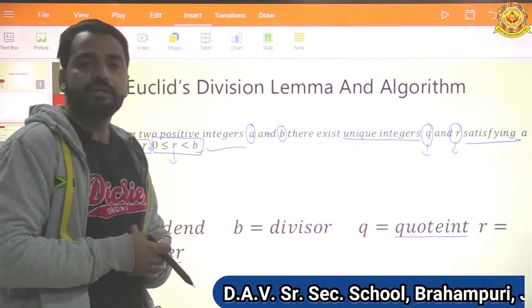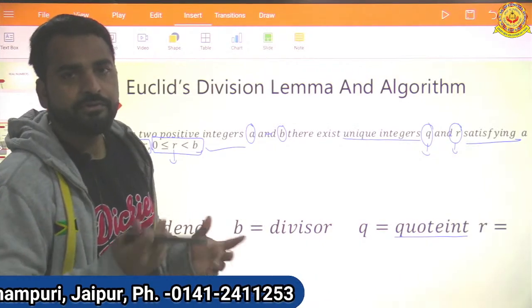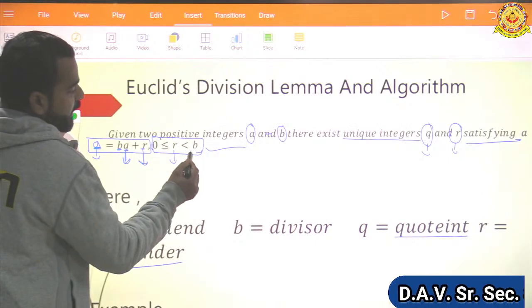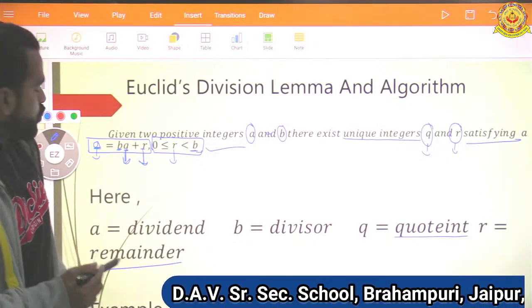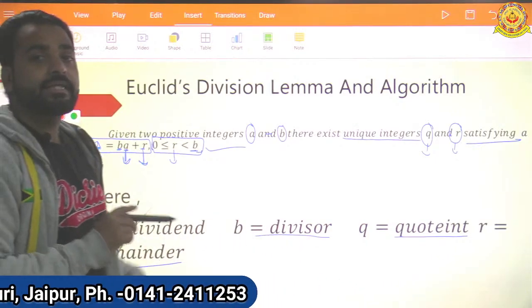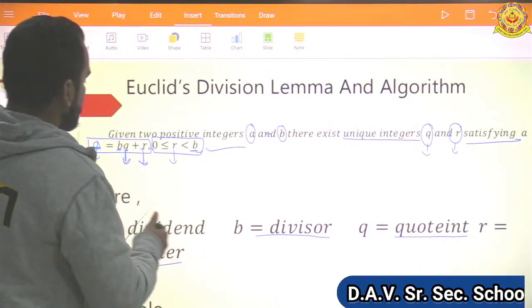Sometimes we see that the remainder does not become 0. So we call that non-terminating. But the remainder is always less than b. So b is our divisor, and the remainder is always less than b. It cannot be equal to the divisor. Okay,